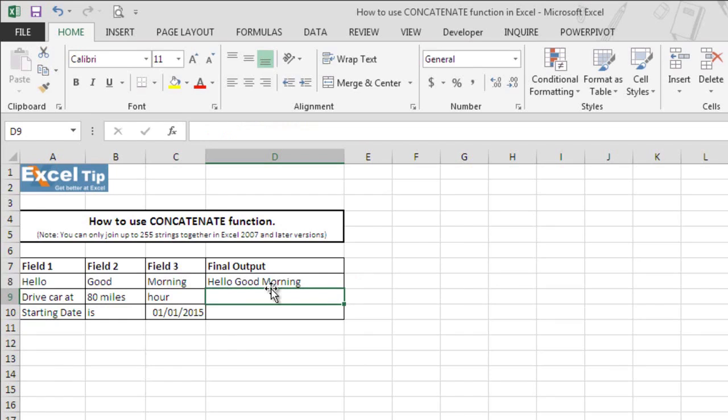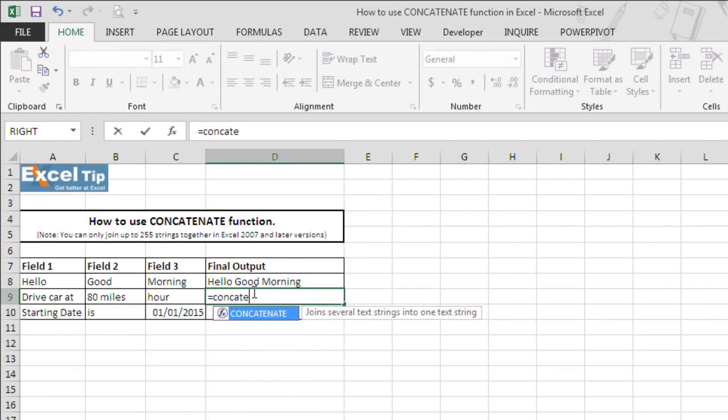As we have seen just now how we can introduce a space in the function, now let's add a division slash symbol. So we have the text string drive car at in A9, 80 miles in B9 and hour in C9. So we enter the CONCATENATE function in D9, then we select A9, comma, then we'll introduce a space after that, and then we select B9, and now we have to introduce the division slash symbol.